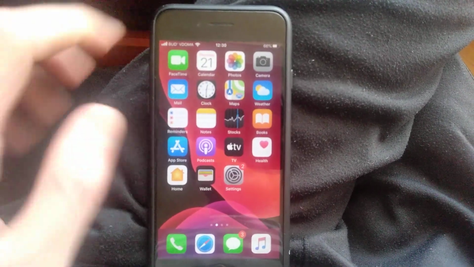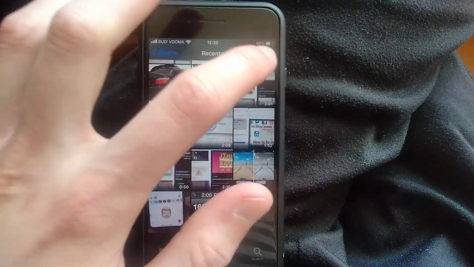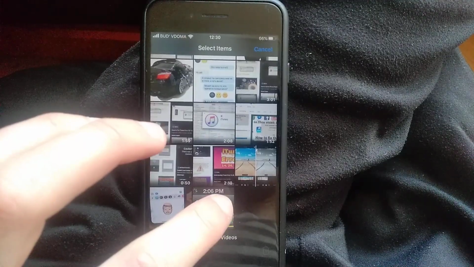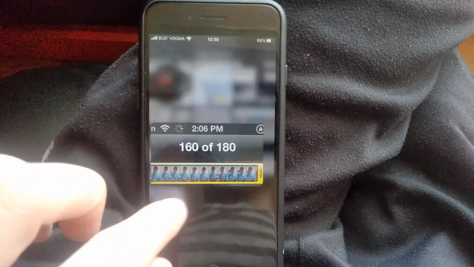Very easy. So for doing this, just open Photos, just open your gallery and just click on Select. So after you click on Select, just choose all the photos. So just choose the latest photo and just go